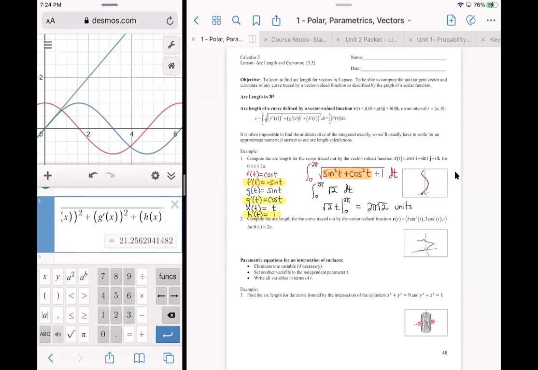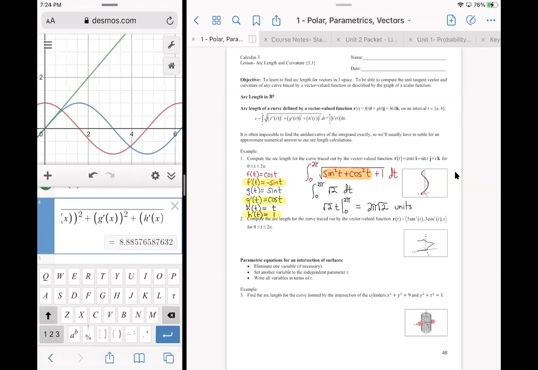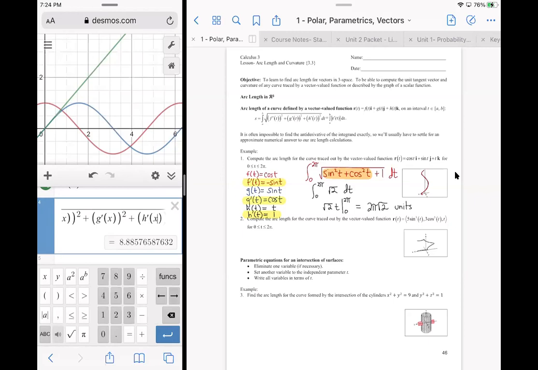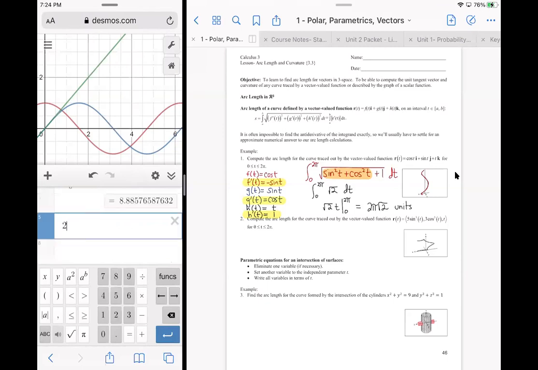I think I have to use derivative notation. That's all right. Oh no, it did work. Oh, that's good to know. All right, we got there. Anyway, just a quick double check here, make sure. And there we go. We got the same value. So